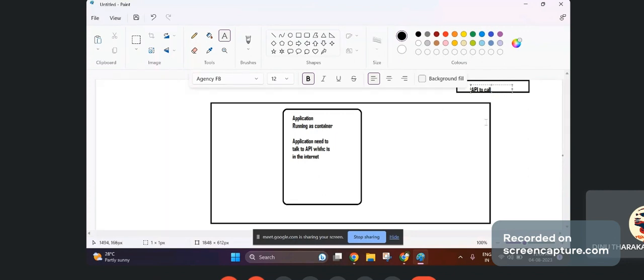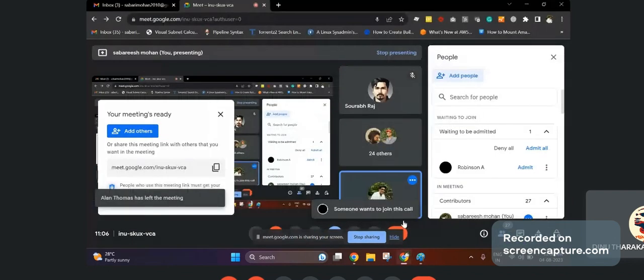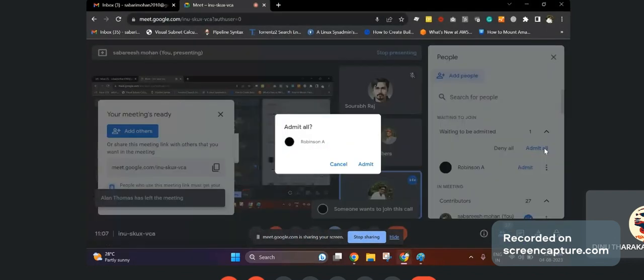Now my question: is it possible for my EC2 instance, or for my container which is running inside my private EC2 instance, to go and talk to this API? Is it possible? Yes or no?